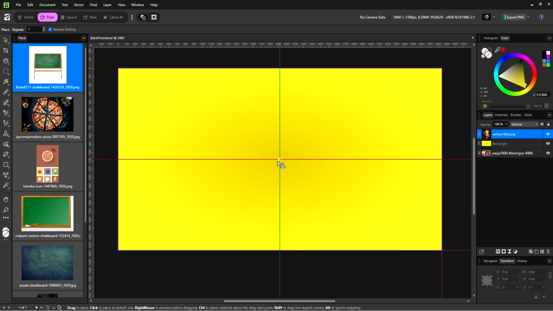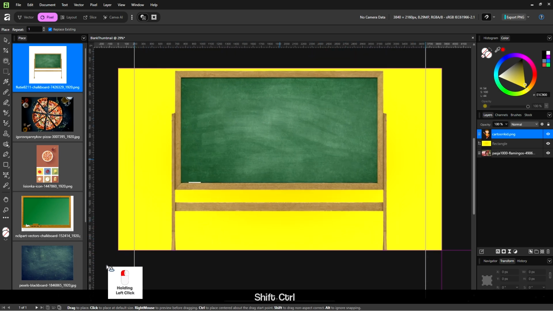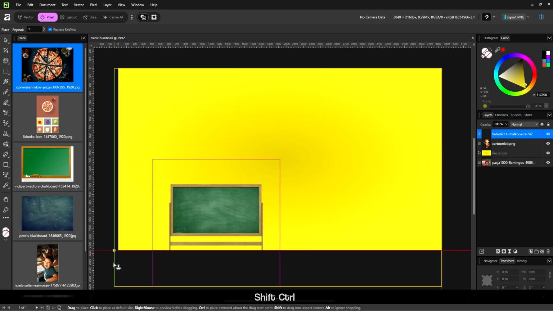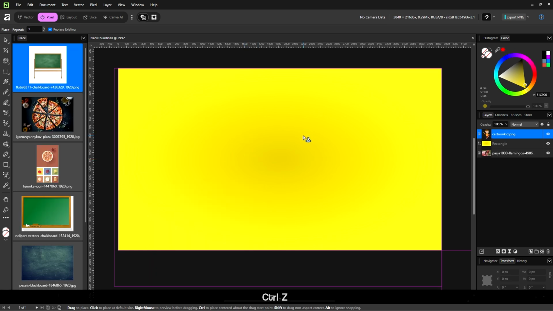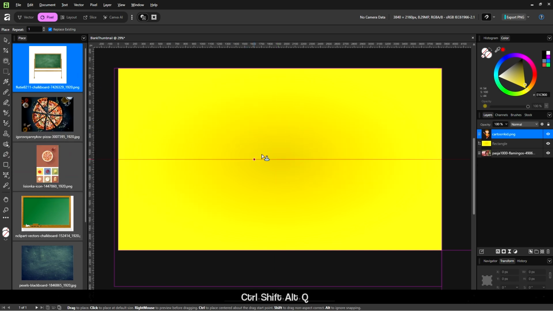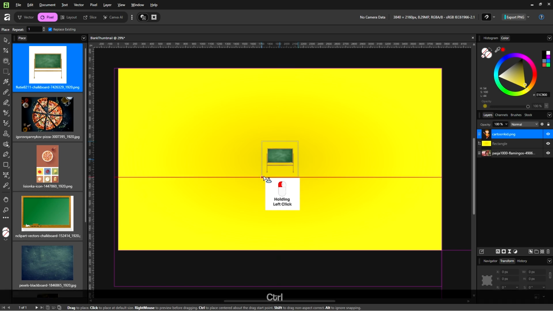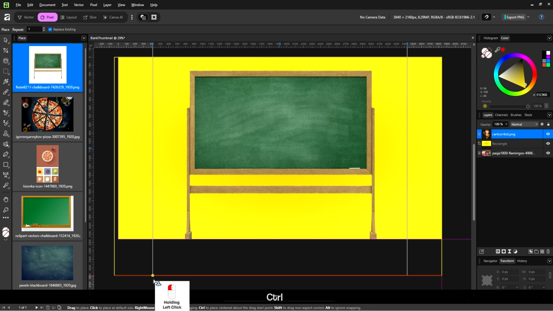Hover this over the middle of my document until I see that yellow snapping, and use Control to scale it up in all directions. Huh. Oh, I didn't hold Control to the very end. I'm very impatient. Damn it. But don't worry, we can hit Control Z to undo that, and it will go back to our place panel. Just hold Control to the very end this time. Yep.